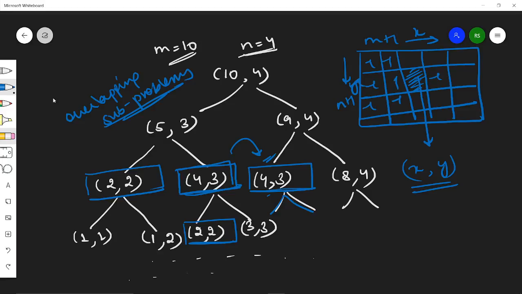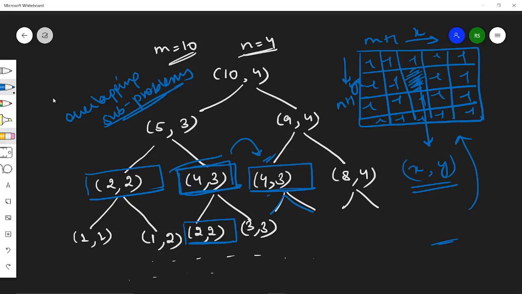I will fill all the values as -1. So if I am seeing any cell for the first time, its value would be -1. So if its value is -1, then I will make the recursive call and calculate its answer. But if the value is not -1, then that means that I have already calculated it.